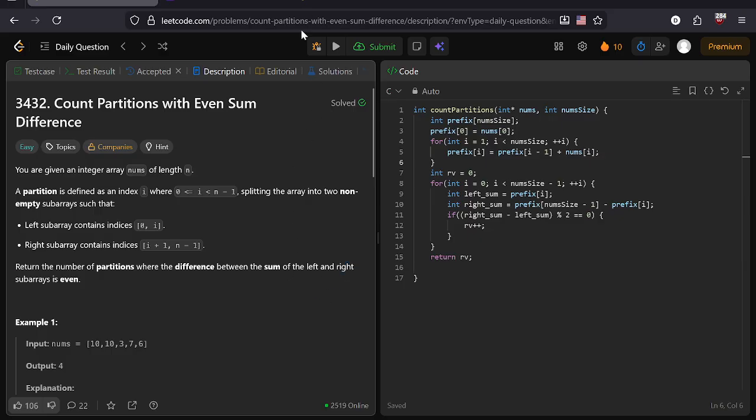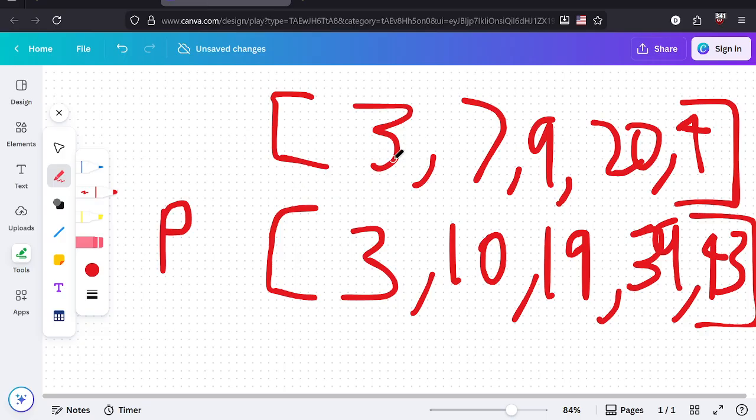So I actually used the whiteboard earlier. Basically there's a test array right here, and this is going to be my prefix array, right? The reason why I wrote out this prefix array is, I'm going to be completely honest, I kept trying to compute it on the fly and I kept messing it up. This is like my third take, but you have your prefix array, and what you do is